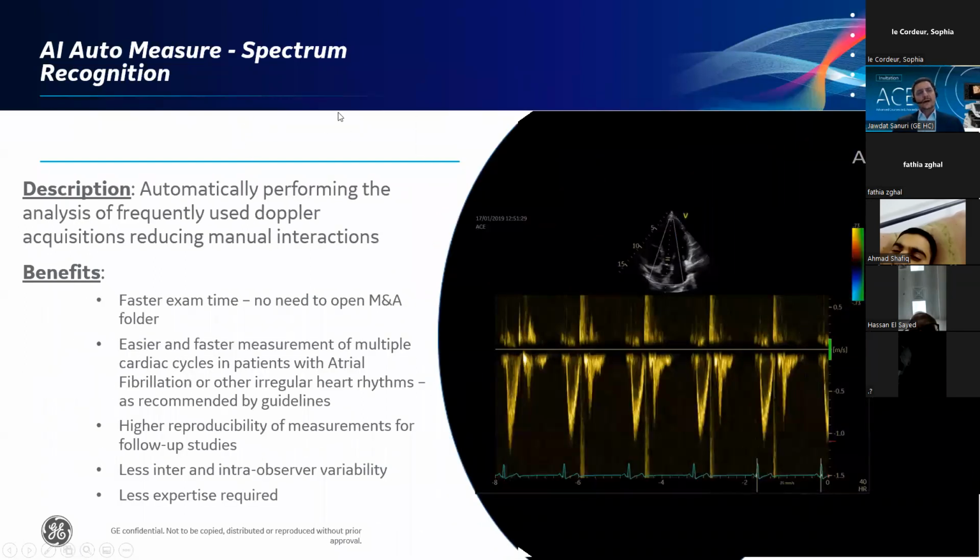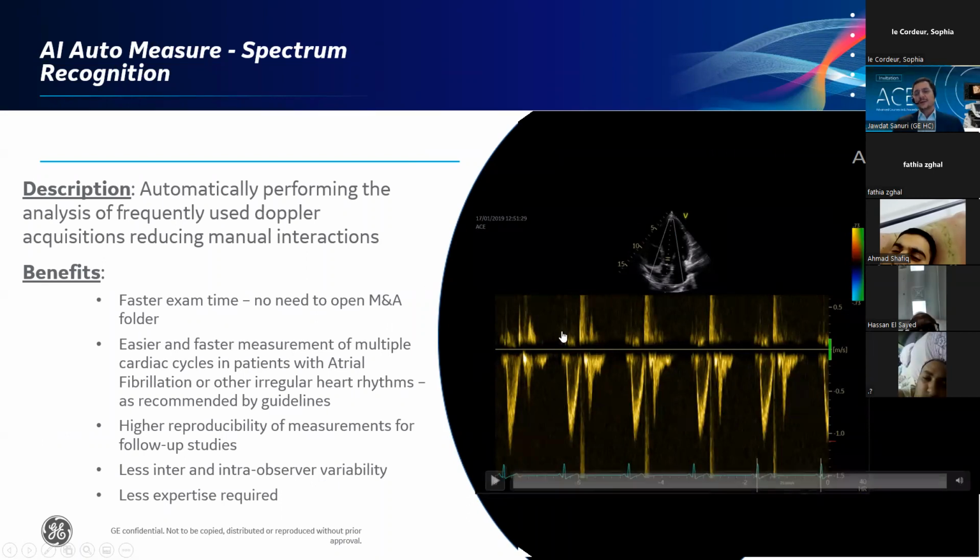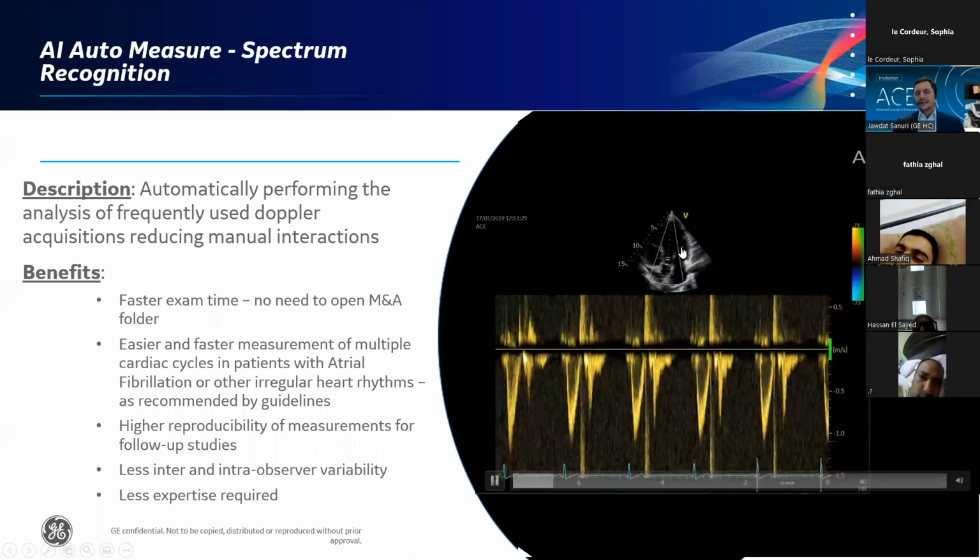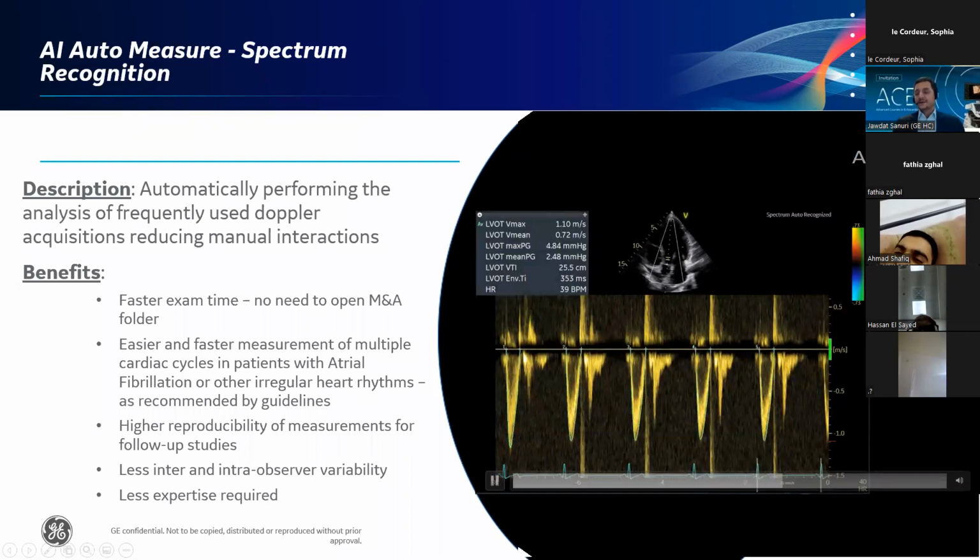Likewise, for AI spectrum recognition with cardiac auto Doppler, we've had cardiac auto Doppler for like 3 years now, but now there's even automatic spectrum recognition. The machine automatically knows what you are trying to measure, as in this example, from this 5-chamber view, PW cursor at LVOT, the baseline is elevated. So the moment you click measure, the machine knows what you're trying to measure, selects it, and measures the LVOT tracing 5 times, giving me the average of the 5 measurements: VTI, LVOT maximum, mean, maximum and mean gradient, VTI,